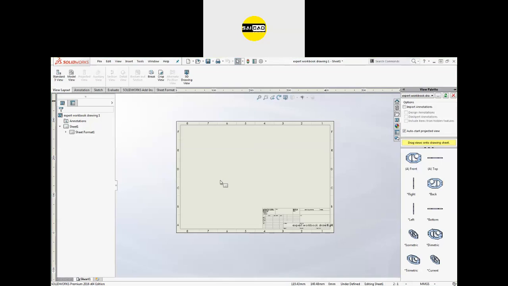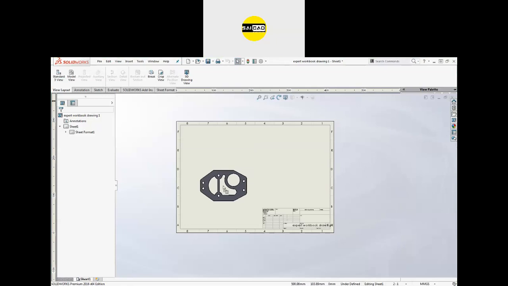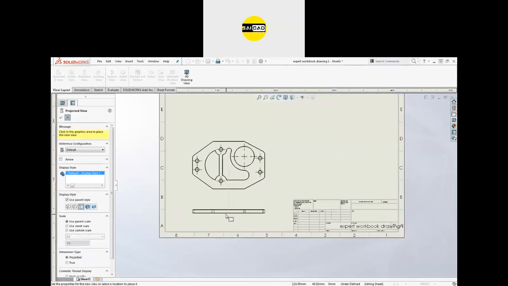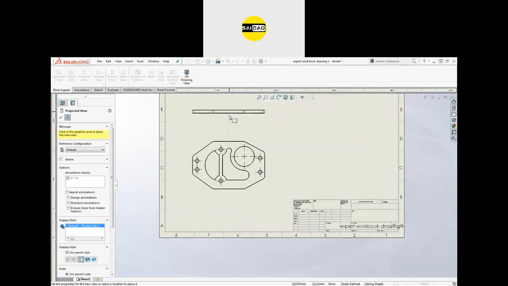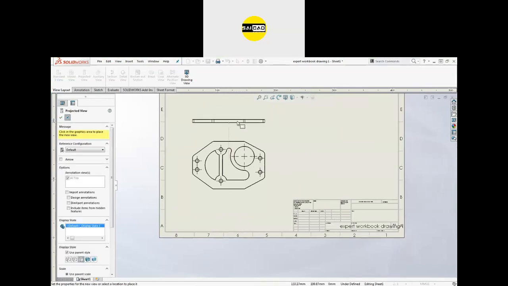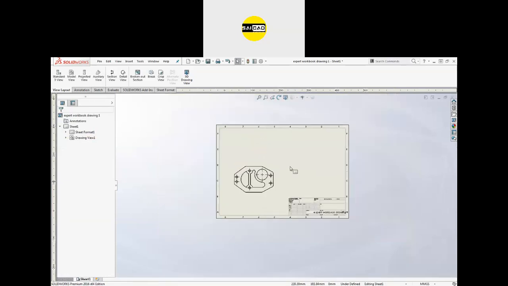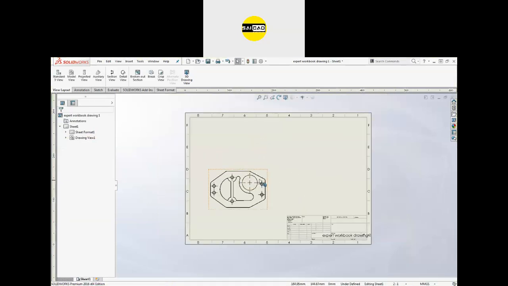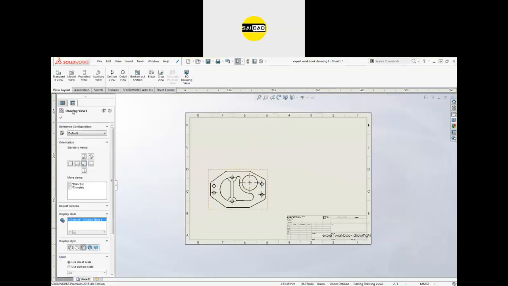So how to insert a view? You can just click a view from here, like I want to define the front. So drag that view and place it on the sheet where you want to place that. Okay, you can see now we are on the projected view. It will automatically go to the projected view. You can do that, or you can just press escape, and here is the view. So if you select the view, you will get all the properties on this side.